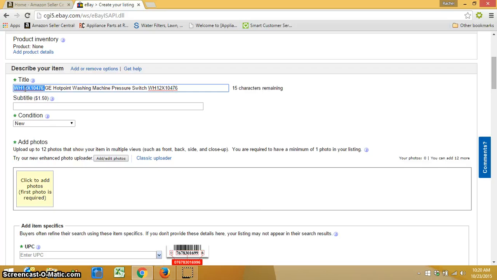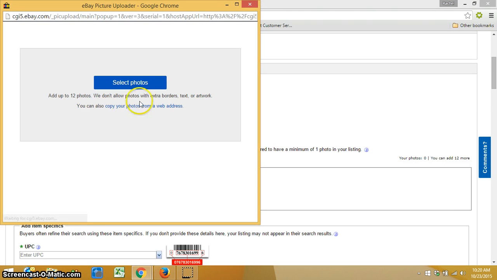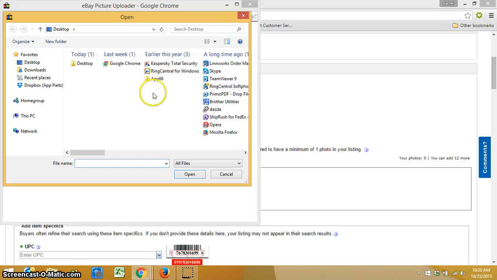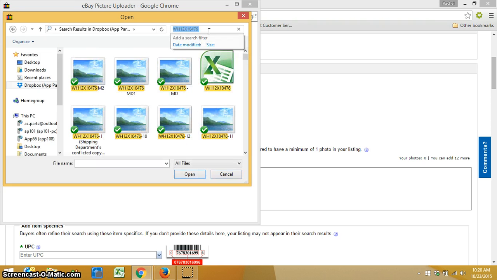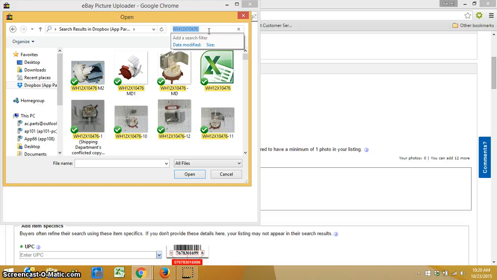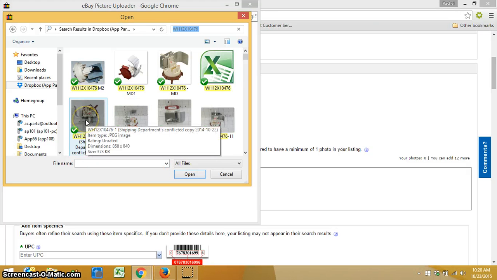We can copy the part number, click on Add Photos. Once this window is open, we're going to click on Select Photos. And we're going to try to look for the pictures in our Dropbox. So click on Dropbox, paste the number in the search bar, and as you can see, we already have some pictures of this item. So we are going to select the ones that look the best,